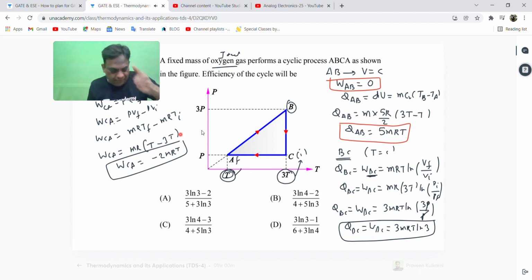Wonderful, my dear students. Now let us calculate heat transfer in CA. Can anyone give me the heat transfer in CA? I will tell you. Look, heat transfer in CA is equal to, say it, look,